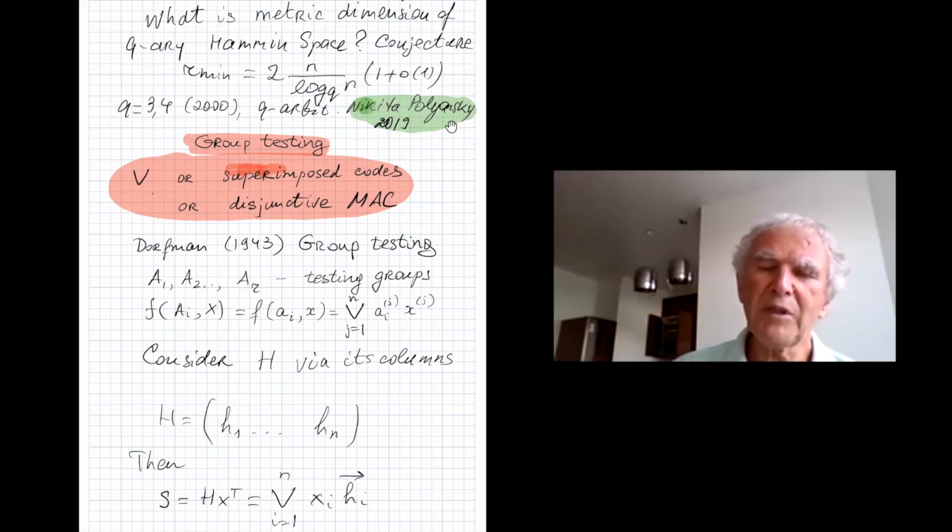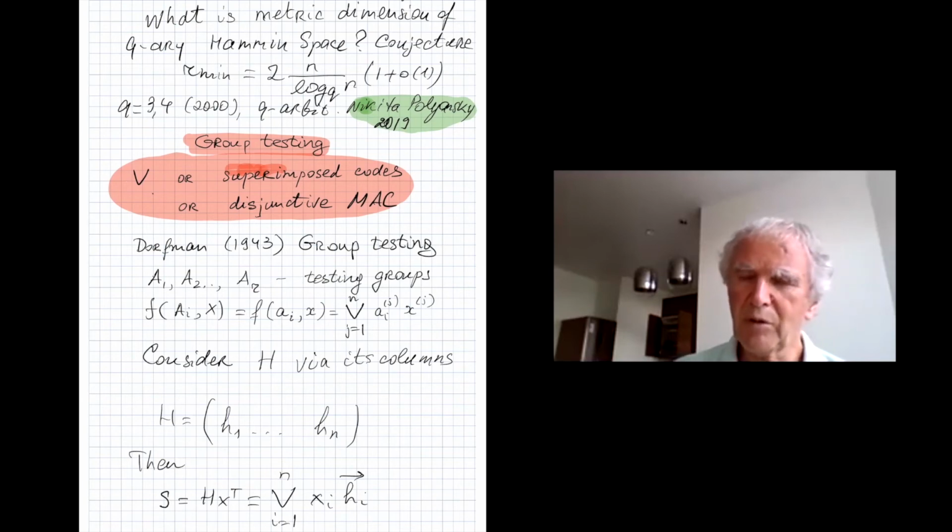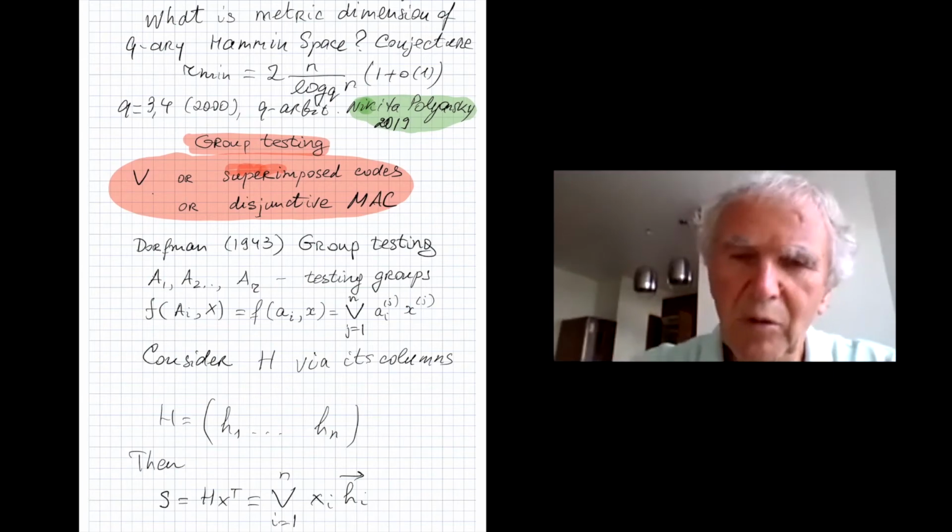For almost 20 years, the conjecture stayed unproved. And then Nikita Polyansky, with his co-author, proved a year ago that, yes, it's true for general q. And it's a nice paper published in the Journal of Combinatorial Theory. So you can find it just by search. So now I'm going to